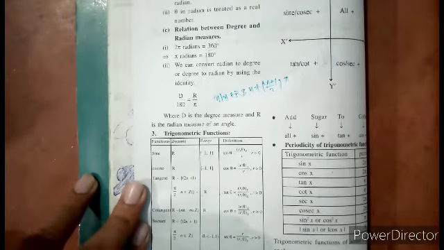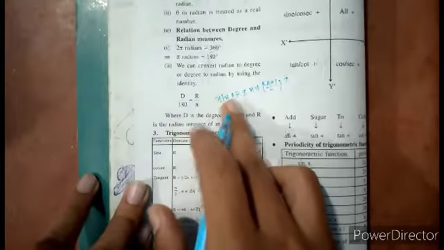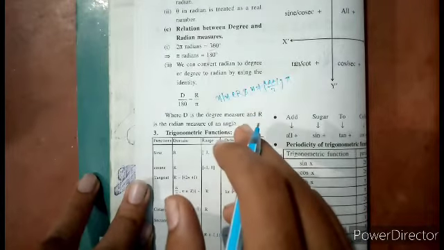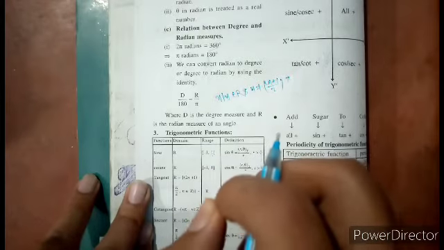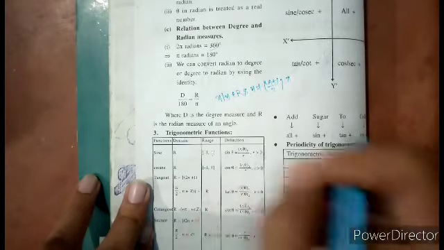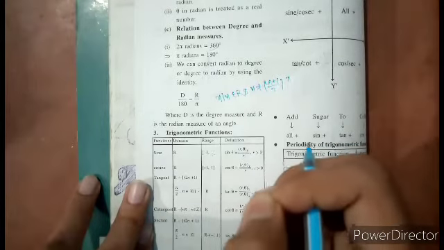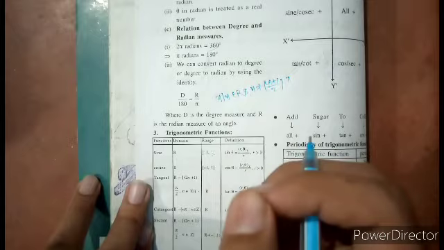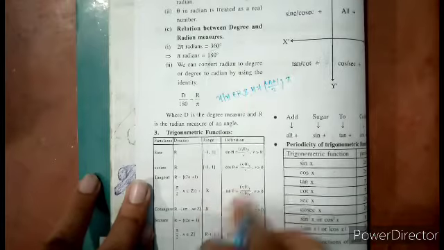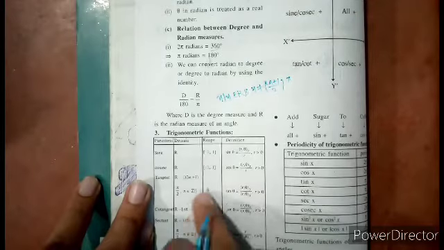Then come to cotangent, that is cot. Here also similarly the domain is x such that x belongs to R and x not equal to n pi, because the formula for cot theta is cos theta upon sin theta. So we have to avoid the sin theta value that is 0. Where sin is 0, n pi is not allowed here. So x is not equal to n pi, and all the real numbers are the range. For tan theta also, all the real numbers are the range.